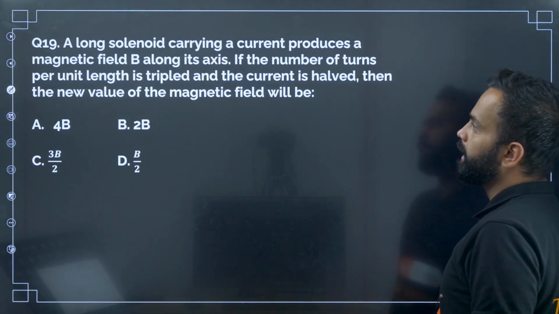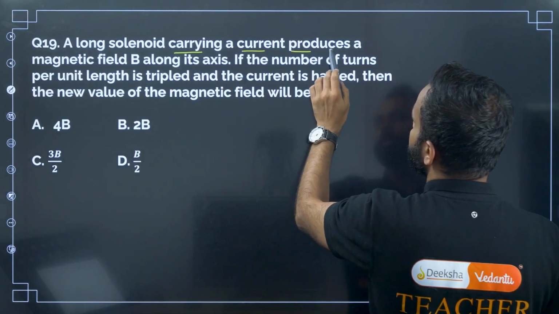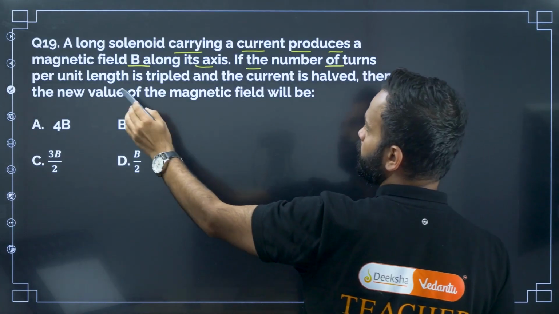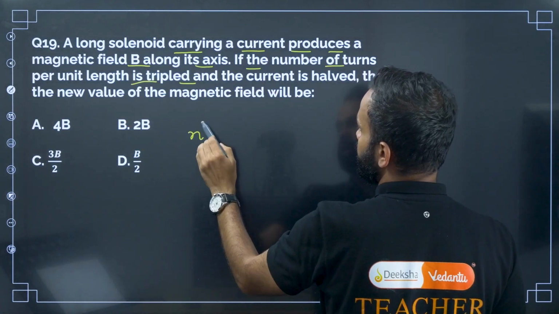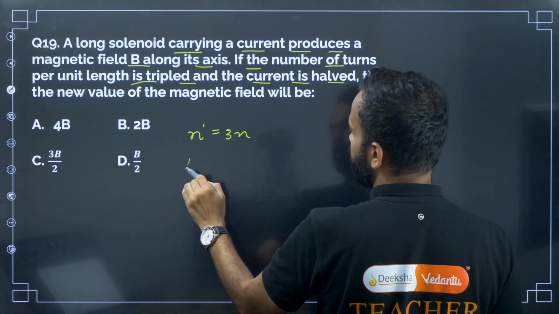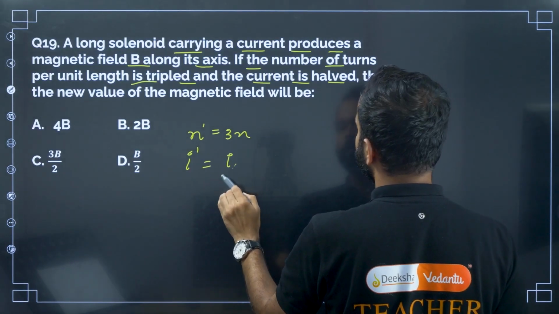Next question, question number 19. A long solenoid carrying a current produces a magnetic field B along its axis. If the number of turns per unit length is tripled, that is, n dash is equal to 3n, and the current is halved, I dash is equal to I by 2,